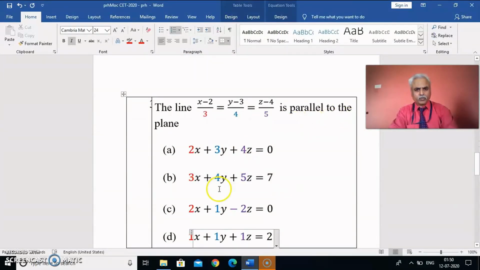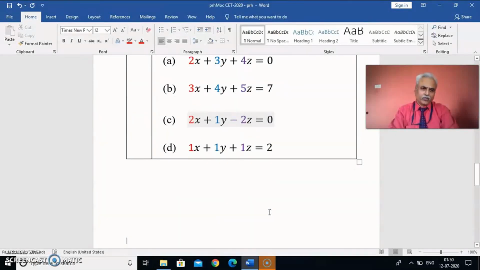Which plane is parallel to this line? You have to check the perpendicularity condition again by multiplying x to x, y to y, z to z, like that you have to go on multiplying. But the hint I have given you is, since only one has this negative sign, and all the remaining have positive signs, just looking at this, your eyes are important, your concentration is important. Looking at this, you can just tick the answer. Practice such things. If it is useful, I'll be very happy naturally.